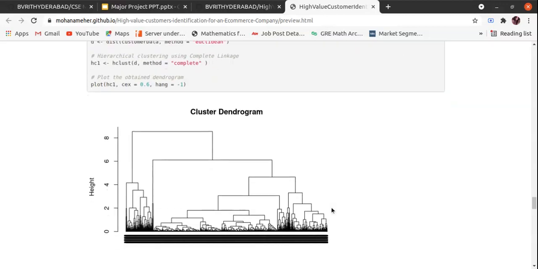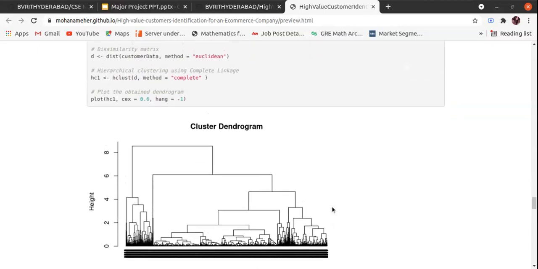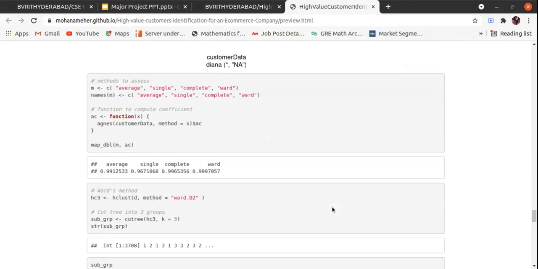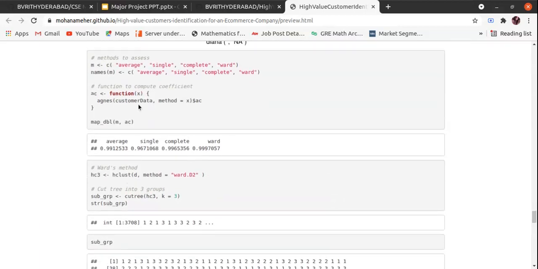We also performed hierarchical clustering. First, we compute the dissimilarity with dist, and feed the values to hclust. Here we assessed different agglomerative hierarchical clustering methods: complete linkage, average, and ward. For all these methods, we obtain agglomerative coefficients.